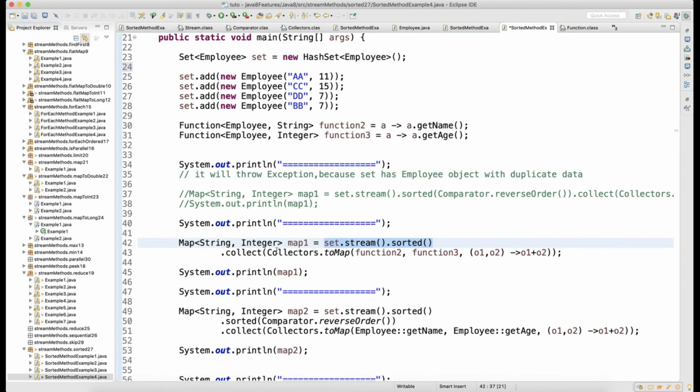Okay, and then I'm collecting it, dot collect, Collectors dot toMap. So I'm changing this sorted stream to a map.